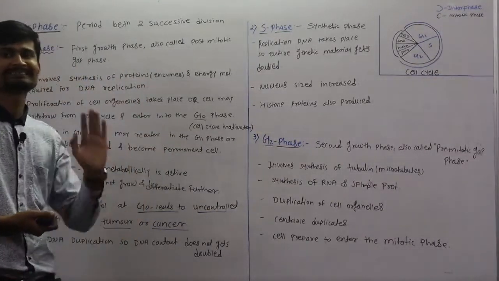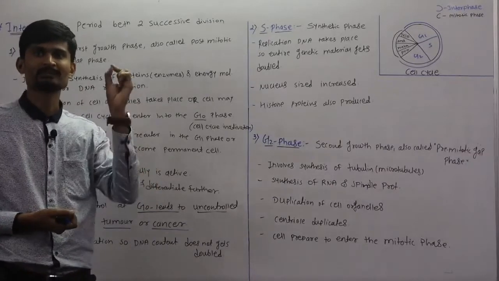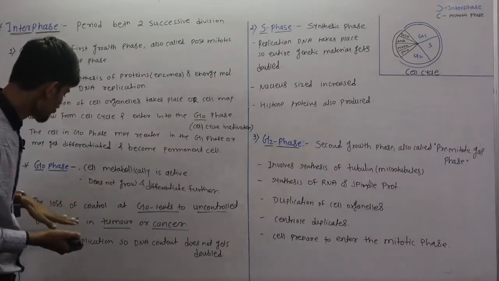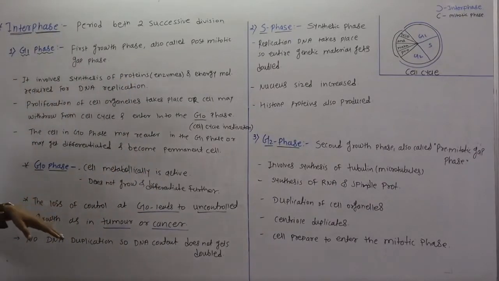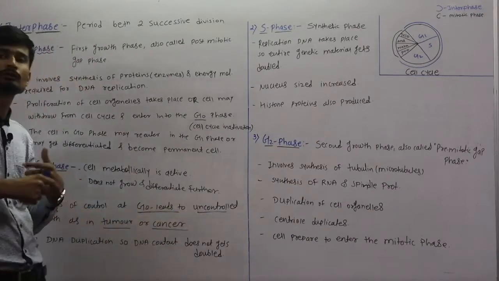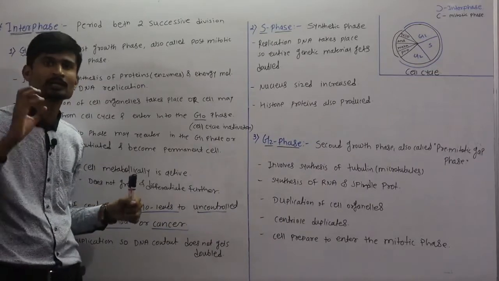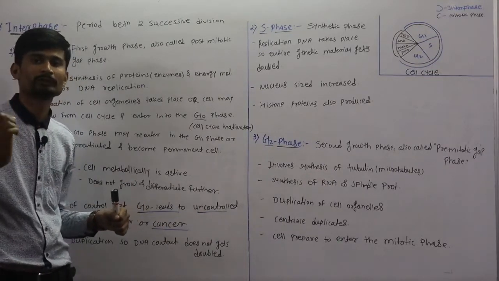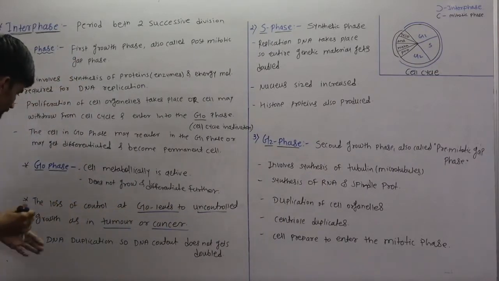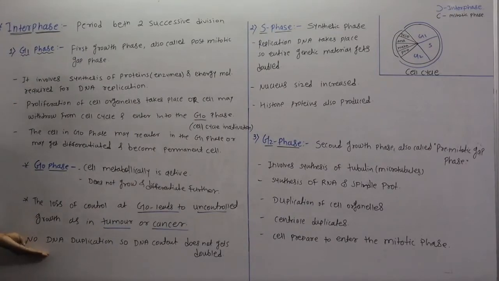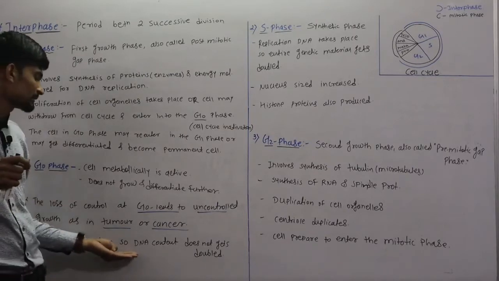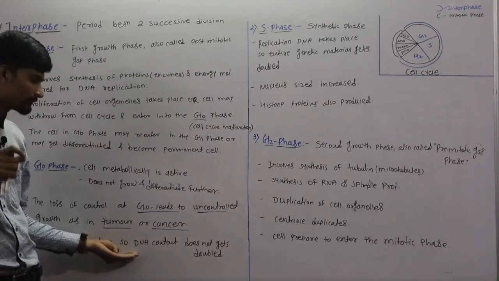Now this control is genetically controlled. Okay, there is a genetic control. So when there is a loss of control at the G0 stage, it leads to uncontrolled growth, and which leads to the formation of a mass which is called a tumor, or that condition is called cancer. So another important point in G1 phase is there is no duplication of DNA in G1 phase,